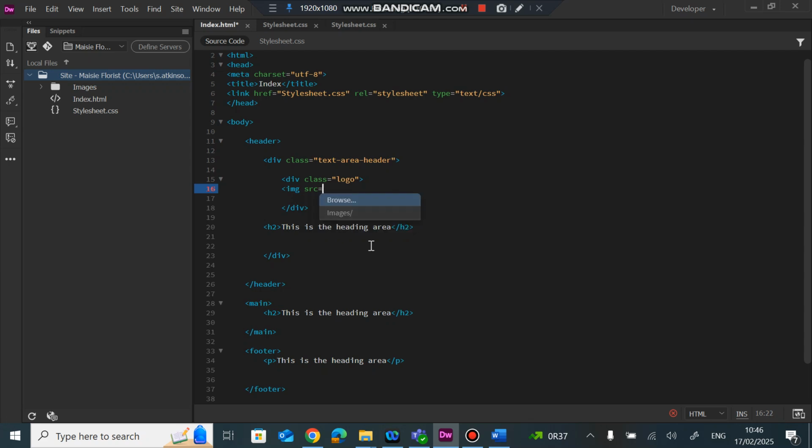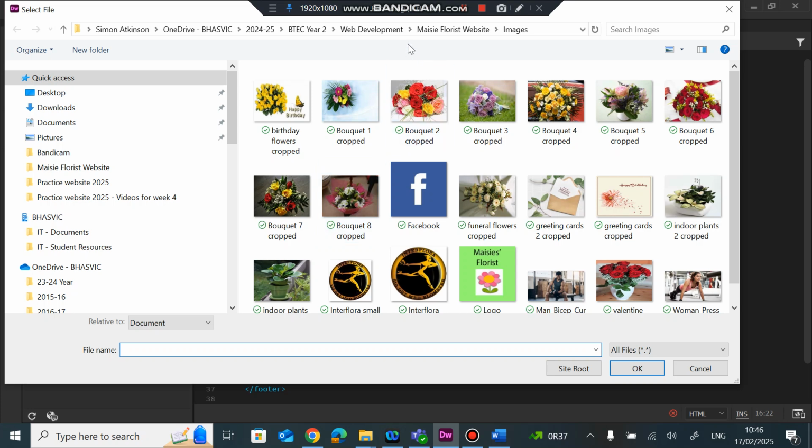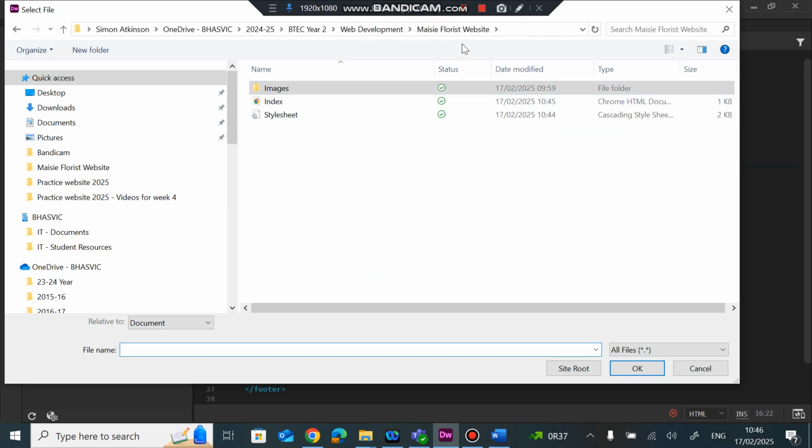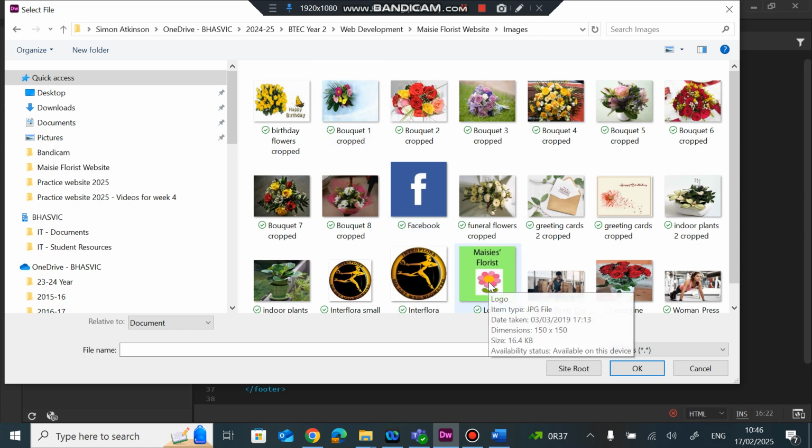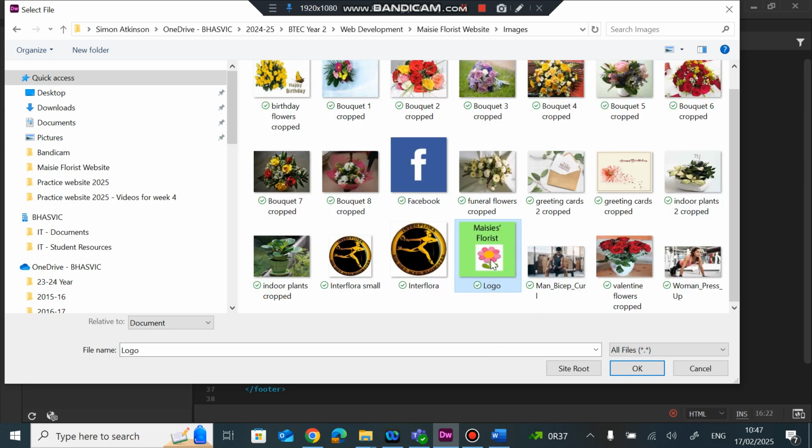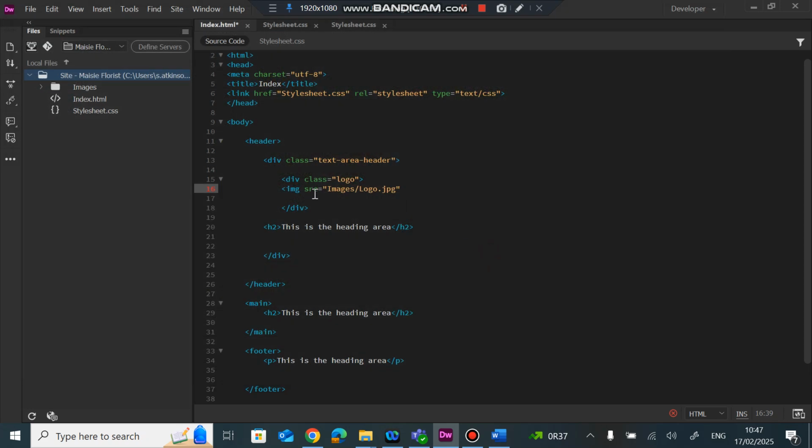So if you've got SRC, that's the source of the image, and then we're browsing. So again, what you need to do is to make sure that you're going into your images folder within your website, and you should find this Mazes Flores. It's not very good, but if you click on there, you'll see that it's 150 by 150. So I'm just going to click on that, and it should appear in here. Now, if I close that,